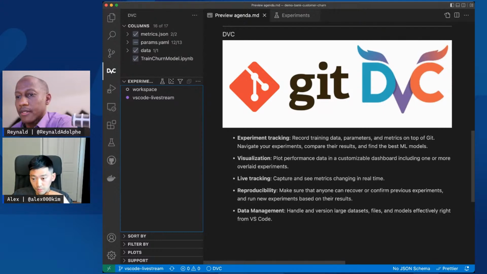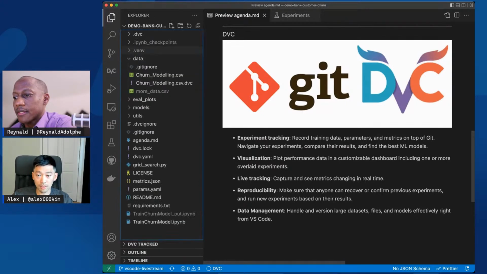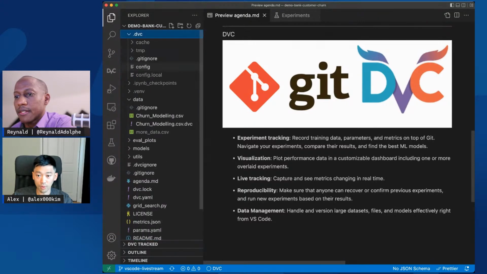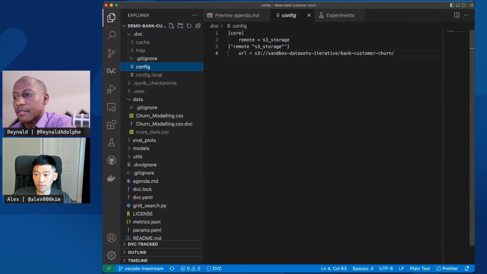That would be unreasonable. So DVC allows you to keep track of your data in Git without actually hosting your data sets in Git. The data sets will live in some remote location. In this case, if we look at the configuration here, all the different versions of my data live in an AWS S3 bucket.